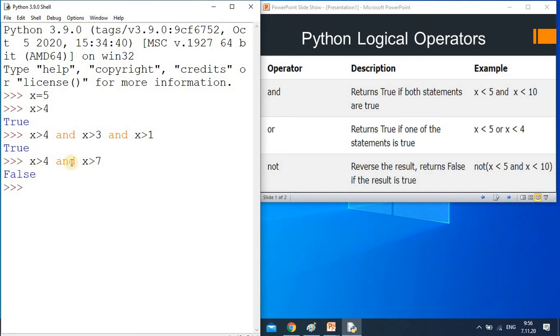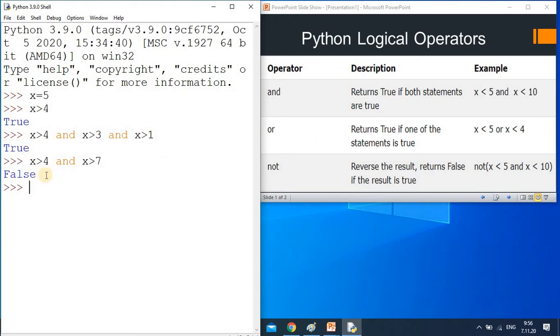So in multiplication, if both are true, 1 into 1 is 1. And if any one is false, meaning 0, then 1 into 0 is 0, and 0 means false. So in the AND operator, keep in mind that only when both are true will it be true, and if any one is false, then it will be false.